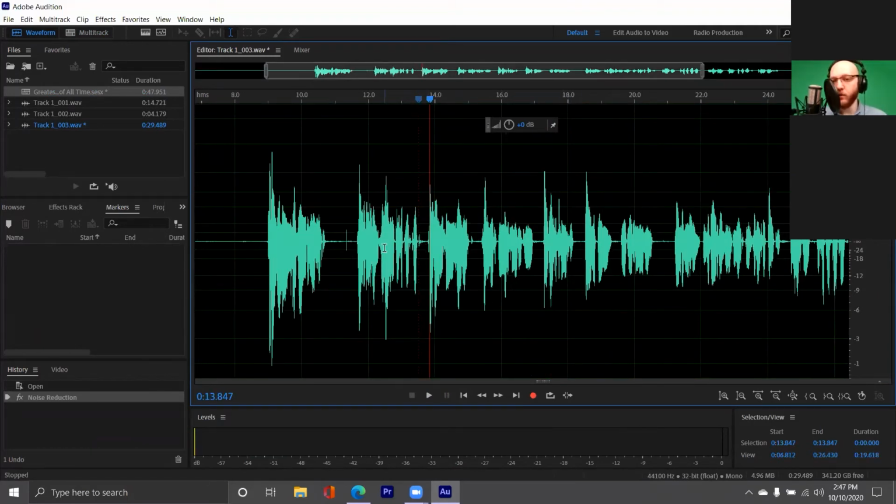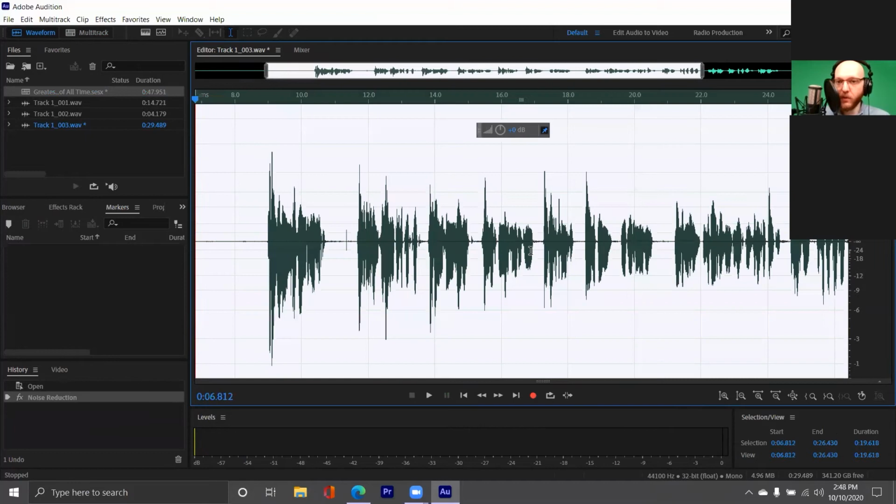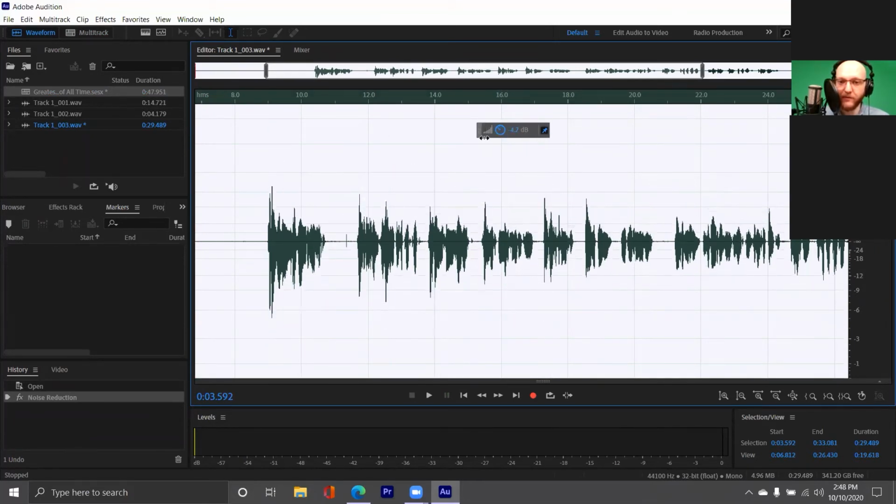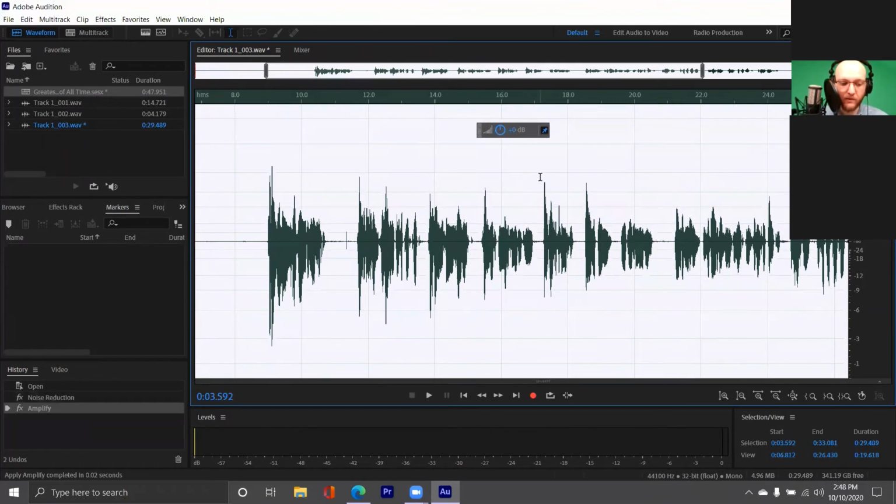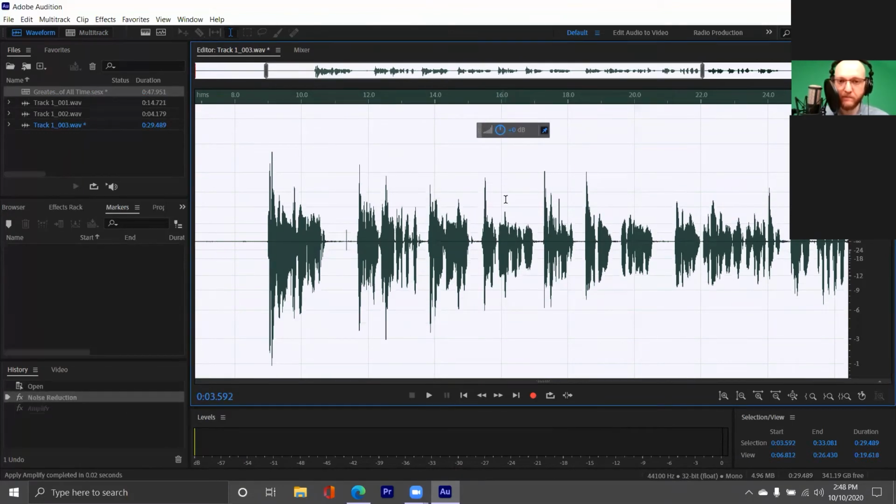Another thing that we can do in the waveform editor, if you find you're going to be in here a little bit more adjusting audio, this box right here, I can move it, shake it around a little bit. This is another gain knob where we can highlight and we can adjust the volume of everything if we want to. I think I'm actually going to. Hold on, let me just undo. Just Control Z I use to undo